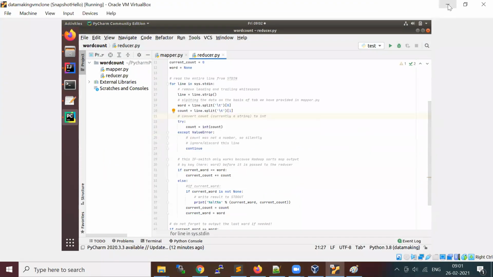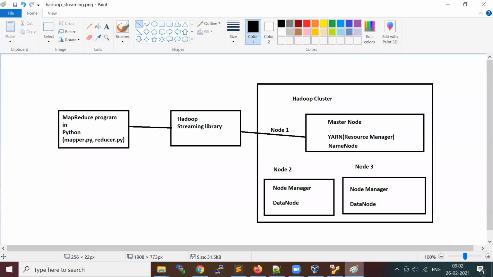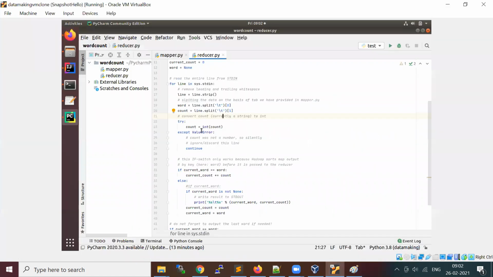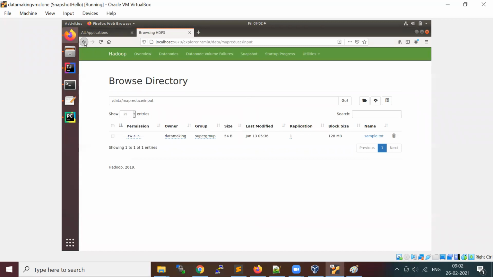Okay, so this is what we want to discuss: Python MapReduce, how to run Python MapReduce on your MapReduce framework. Question: this output file name, do we have control to change it, or will it be automatic? It is automatic. We will not have any control to change it. It gets created based on the framework.